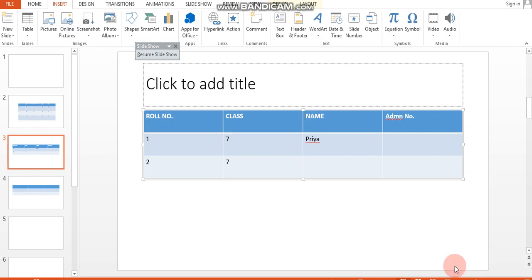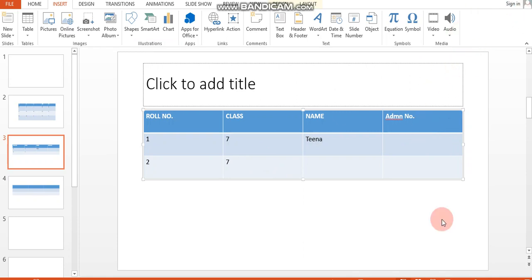So this way also you can move inside a table, and this way you can enter data. Suppose you want to cut something, either you select it this way and delete, then add a new name, suppose Tina, or you can directly click backspace and type your name. This way you can enter data in a slide.